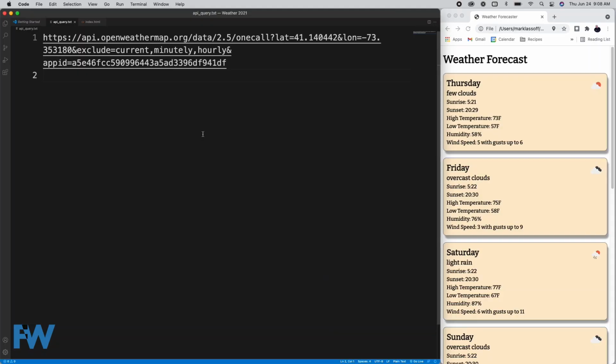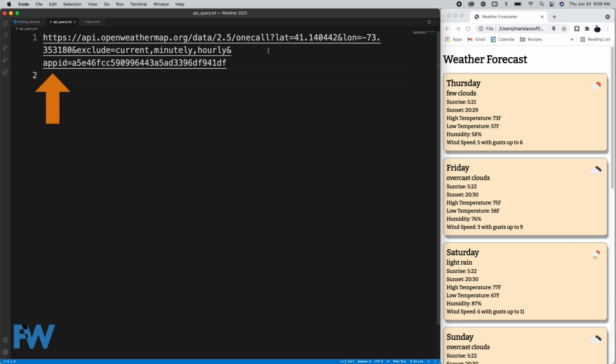Very easy. So there's openweathermap.org, and notice then in the query string, I'm passing latitude and longitude, and this latitude and longitude is filled in from the geolocation API. We're excluding current, minutely, and hourly. I didn't want the current conditions, the minutely forecast, which is a minute-by-minute forecast, or the hourly forecast. I simply wanted the daily forecast for this app.